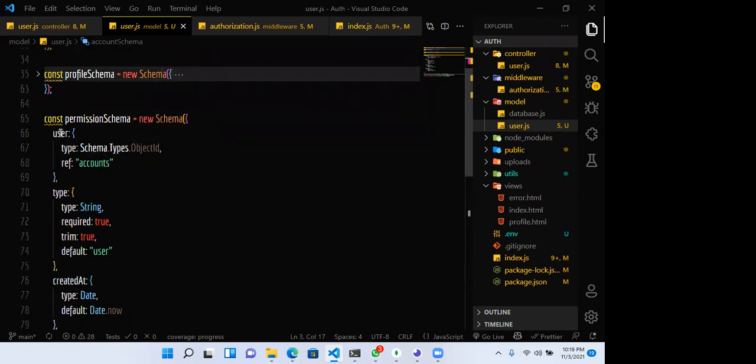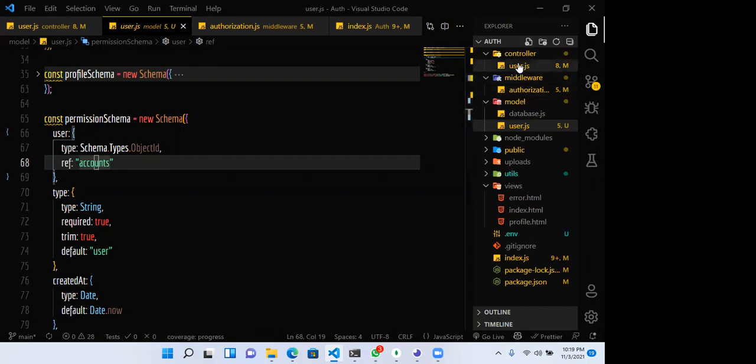So see, now we have a user key here that accepts the schema type object ID, that accepts the account collection ID. So the user account ID is actually the same ID that we put in this user here. That's the value we assigned to this user. And that was done when we were creating the user's account for them. So for you that are coming for the first time,